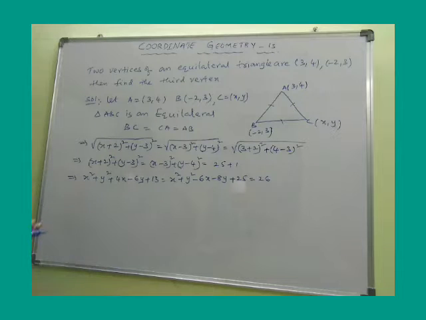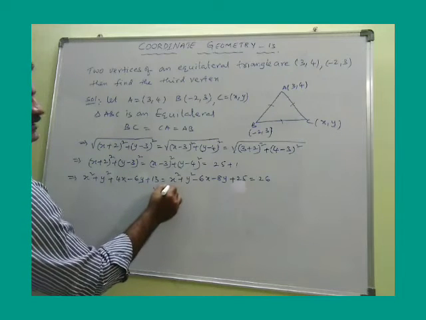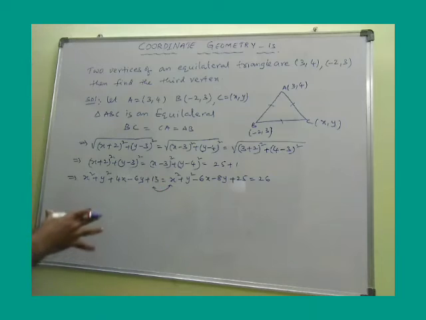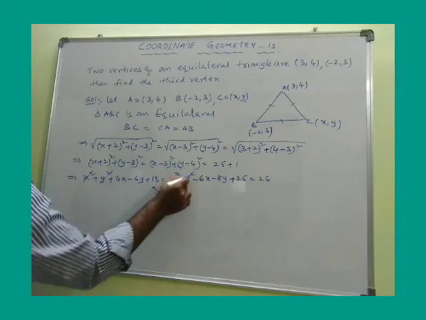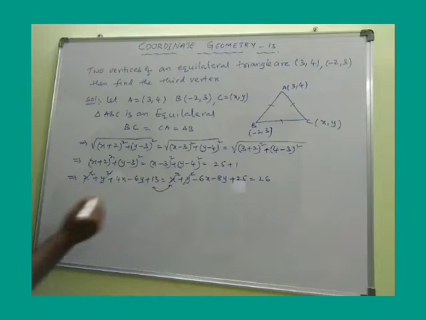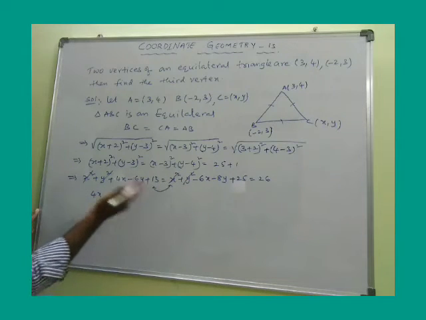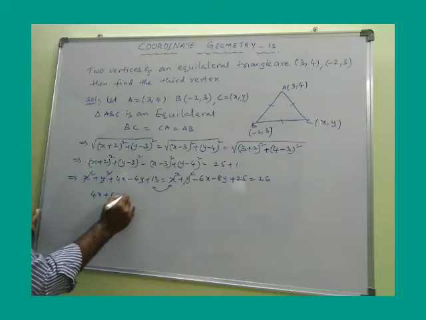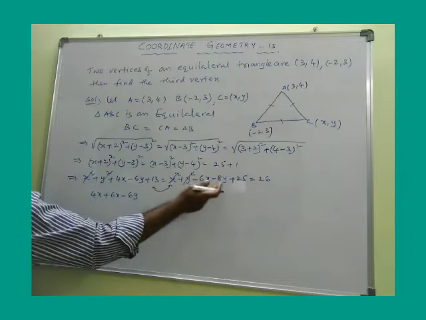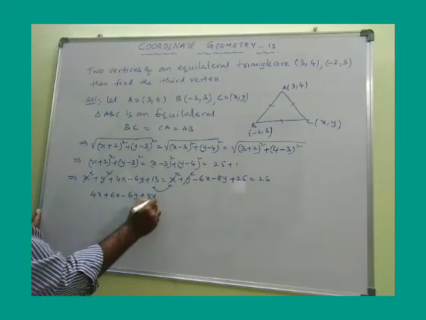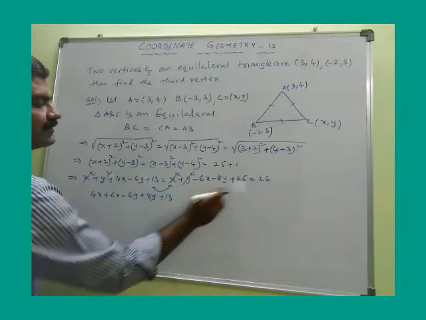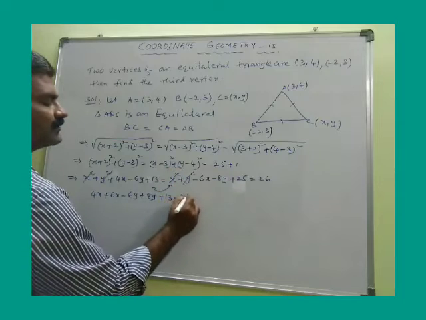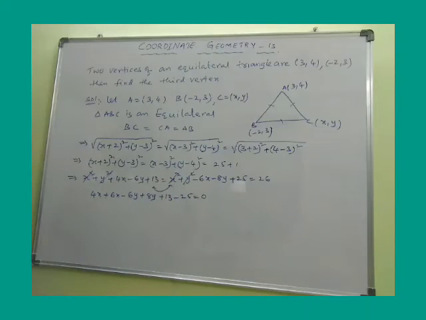Okay. Now, let me equate these two actually. So, when we are equating these two, x square plus y square and x square plus y square cancel. Now, 4x, bring the minus 6x, it will be plus 6x. Minus 6y, after bringing this, minus 8y becomes plus 8y. Already there is plus 13. Now, if you bring this side, which is minus 25, which is equal to 0.